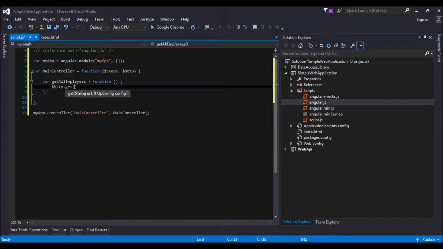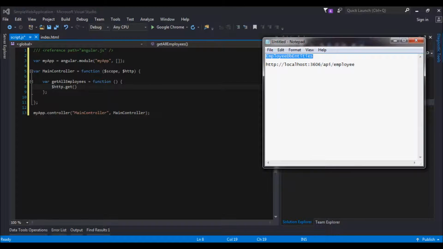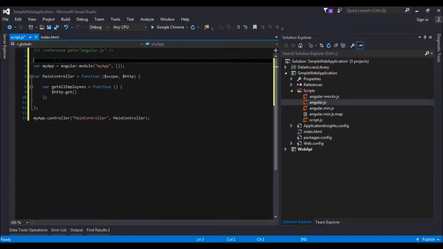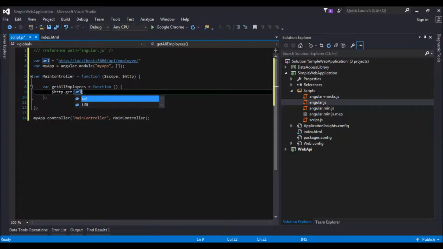Okay, remember we have put the service URL in our notepad. Just copy it and create a variable called URL equal to this path. So now we would be calling this URL inside our get method